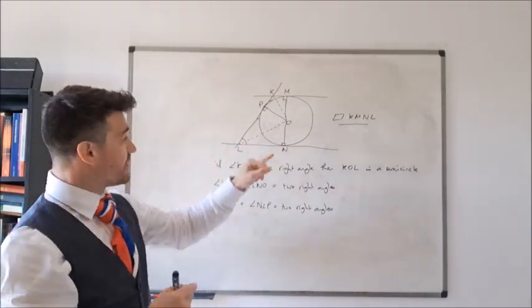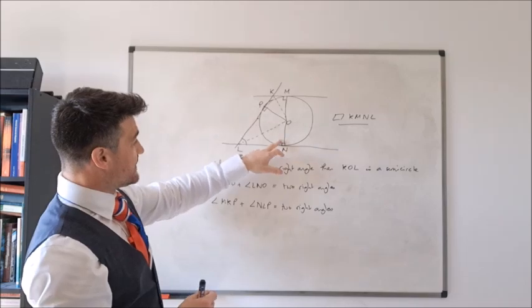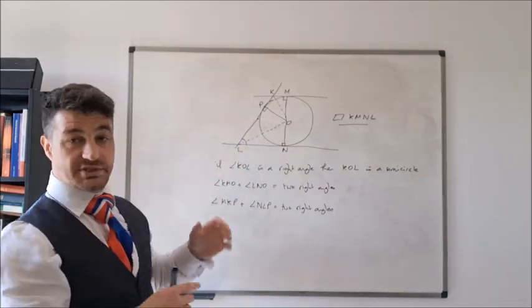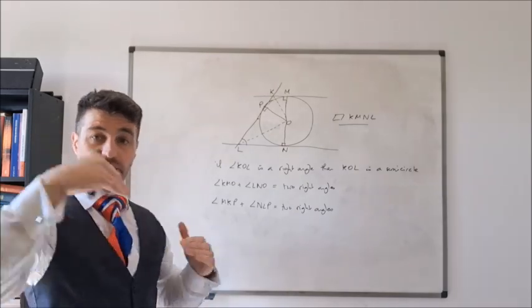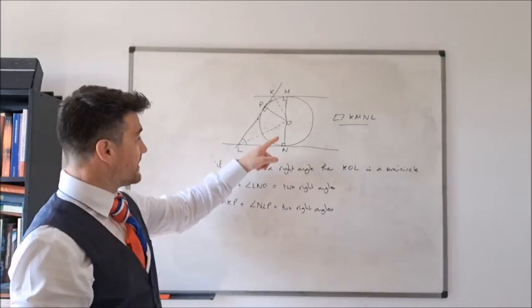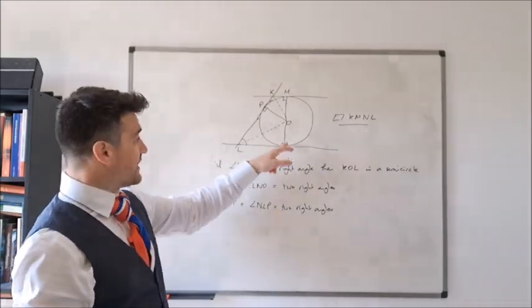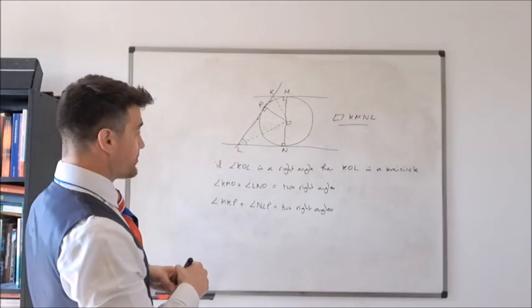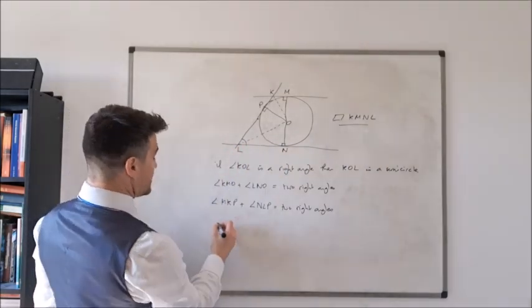OL is common to both of the triangles, and they've both got a right angle. So the hypotenuse of each triangle is the same length. They've both got a right angle, and they've both got another side of equal length, and therefore they must be congruent, and therefore the angle,